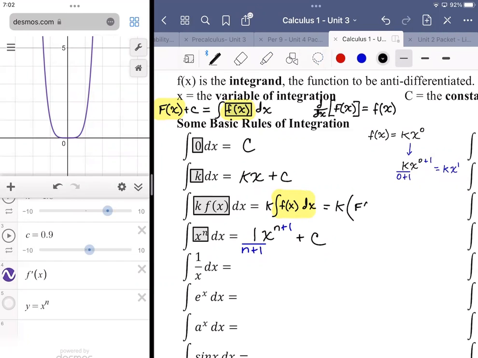This would be equivalent to capital F of x plus c. And so I could leave it like that, or I could distribute through the k. All right. So it would be k capital F of x plus, now I could write it as kc,